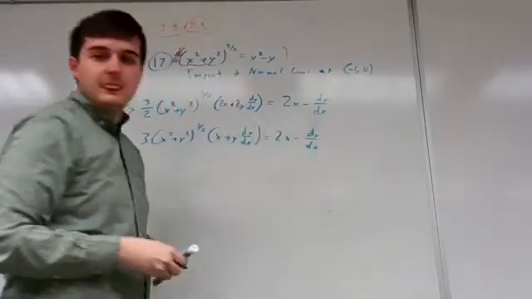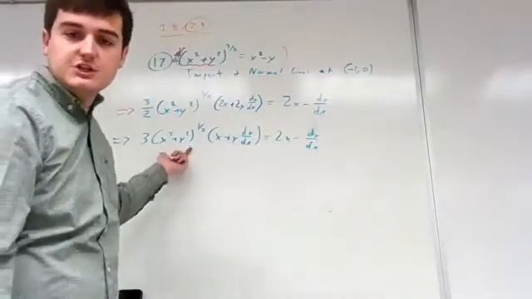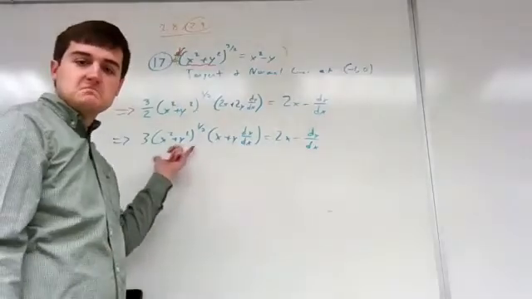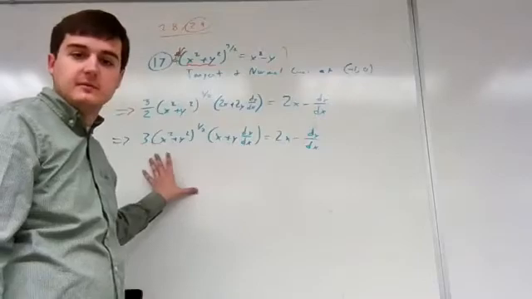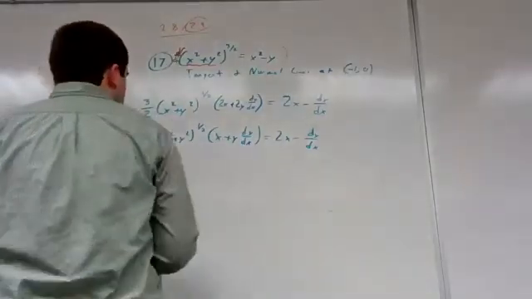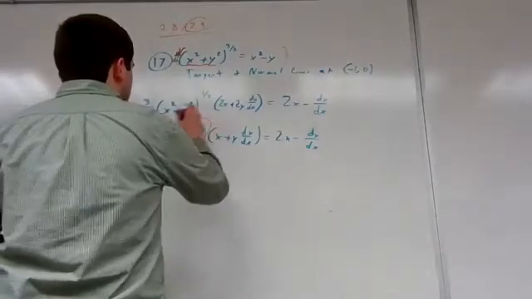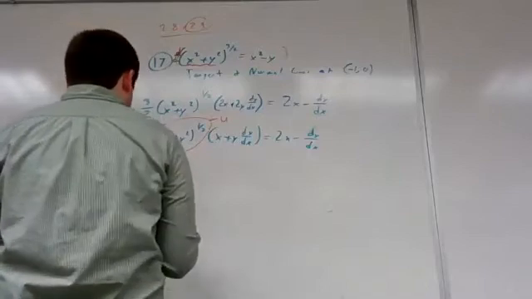Okay, now it's quite annoying to have to carry around this big chunk of a piece here that has to multiply to all my things. So I'm going to give it a name right now, if you'll permit me. Let's go ahead and call this guy right here, so I'll wrap it in an orange circle, and we'll call this u. Okay, so I'm going to rewrite this equation as 3u